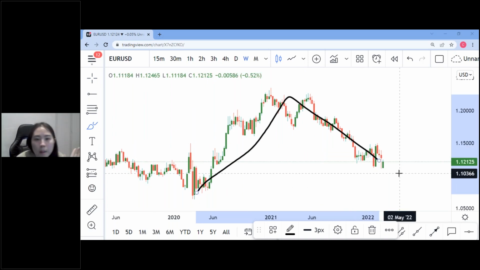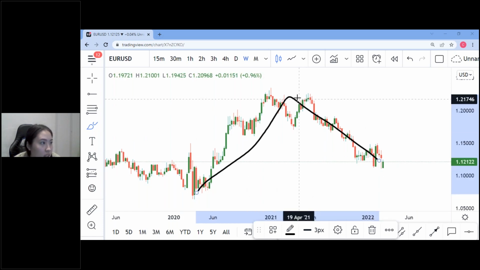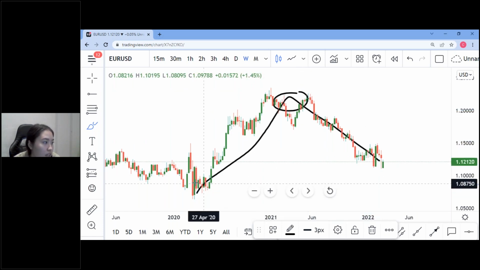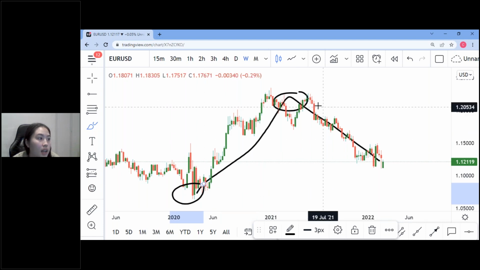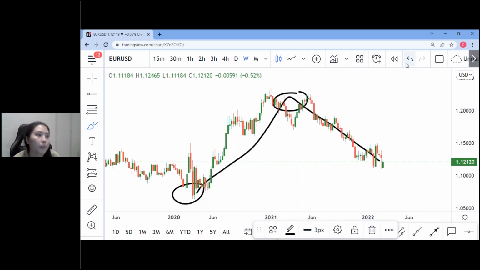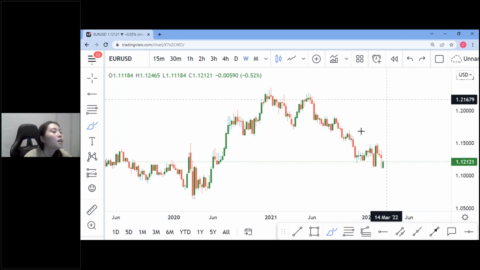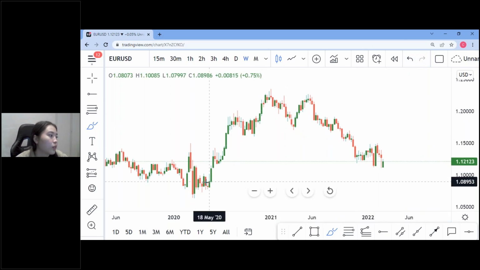Okay, so basically, for the Fibonacci retracement, you just need to find a V, the sharp end. You need to find a swing low and a swing high, and this end cannot pass the first one. It will take a while before you are able to identify all of it, but eventually you will be able to identify all the Fibonacci retracements. Okay, let's use this example.